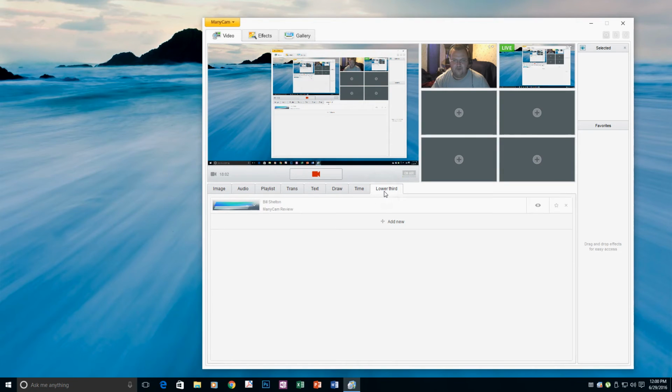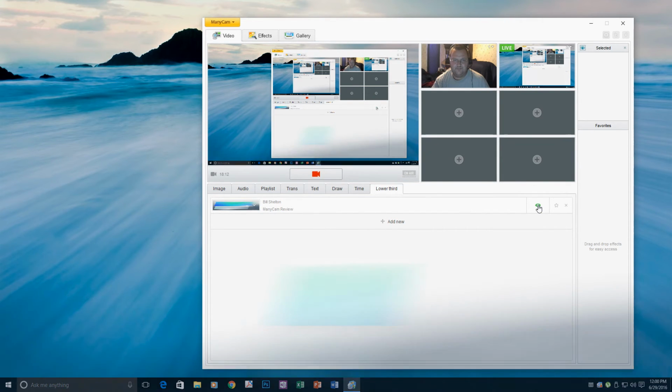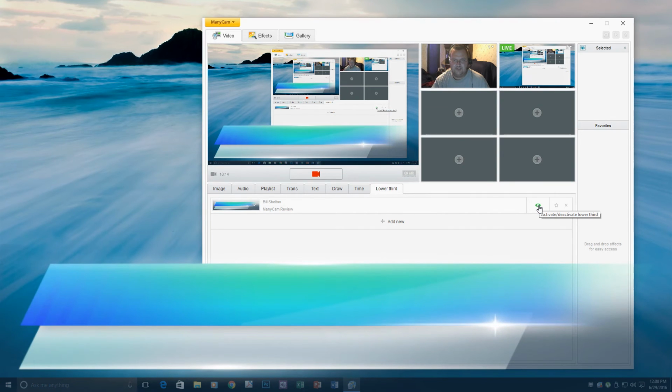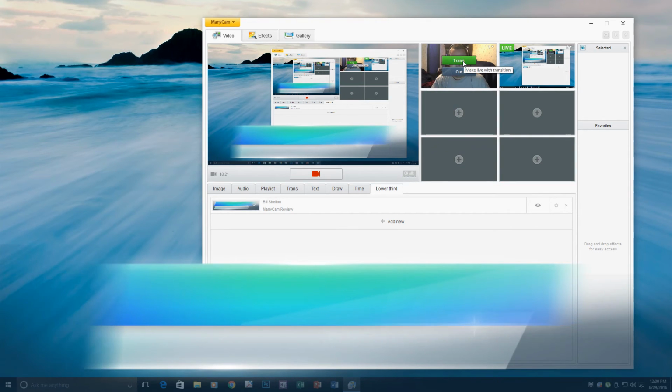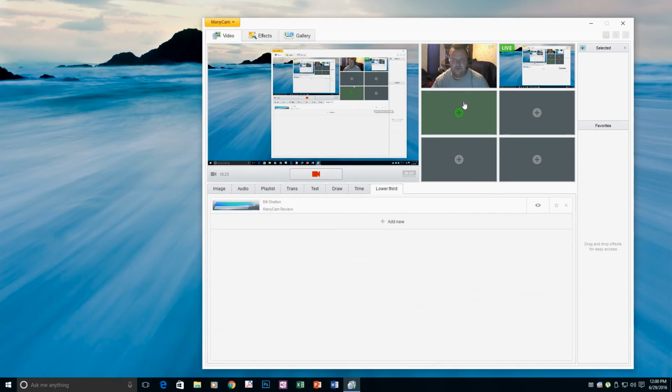Lower third, this is the part that I was asked to show. So for this, it will work on the desktop view. It has a nice little animation to come in, then the words appear. Usually when I'm in class, when you turn it off, it has a transition or an animation to fade out. Normally when I'm sitting in class, I get this view on my camera,